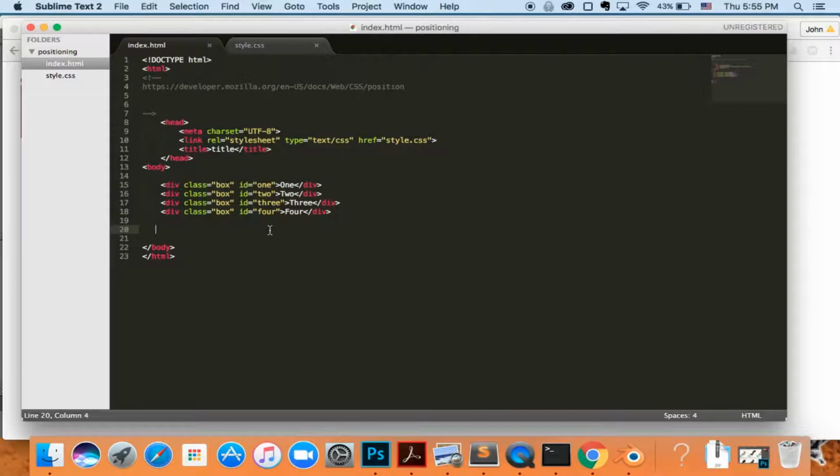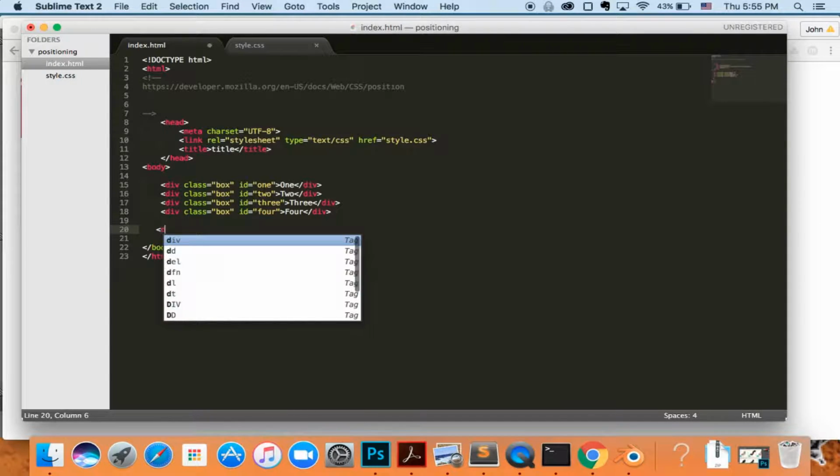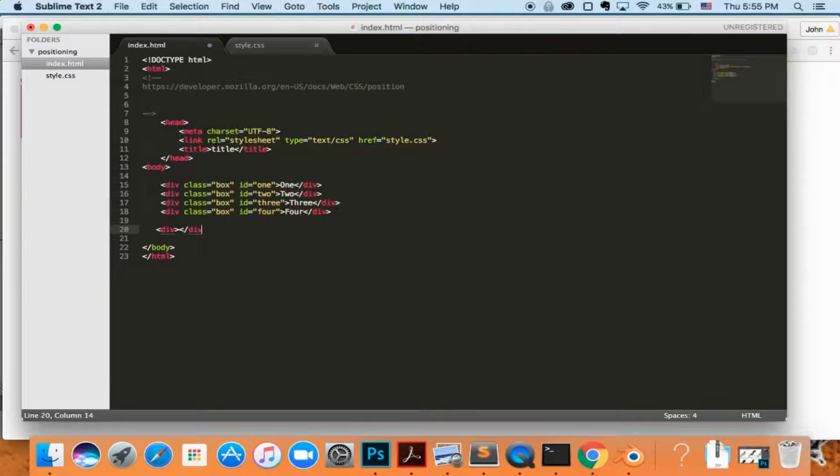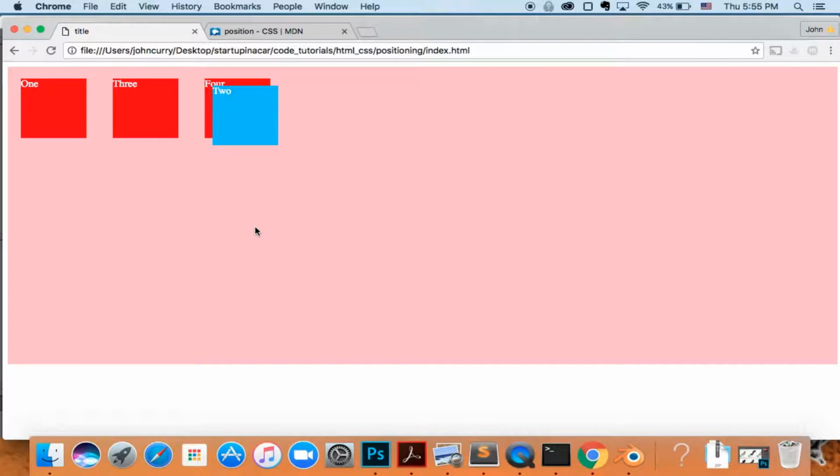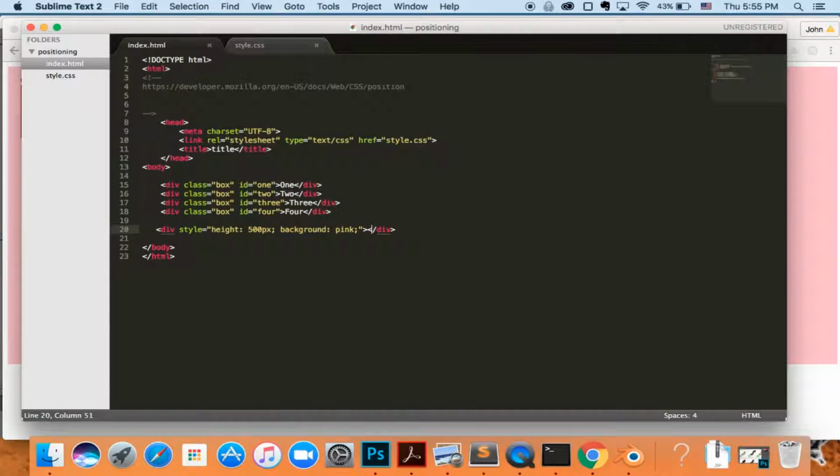I just want to show you one more thing with the absolute positioning, and that is when you put it inside of another div. So let's go ahead and create a div, and we'll just give it a height of 500 pixels, a background pink, just to do something. Okay, so now we're gonna make another div,